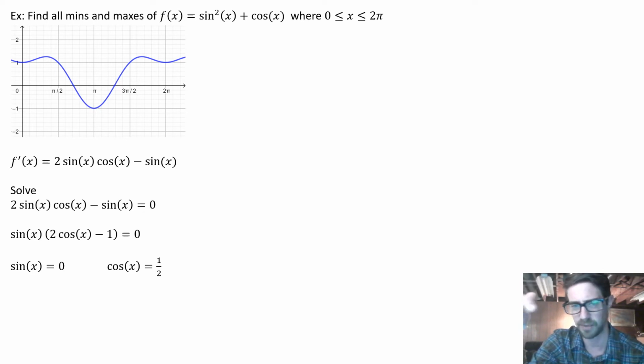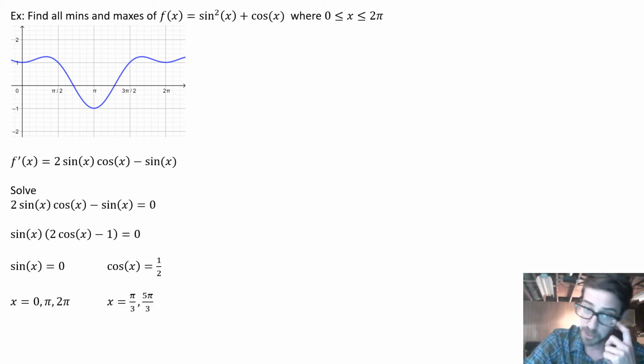Just convince yourself that 2 cosine of x minus 1 equals 0 is the same thing as saying cosine of x equals 1/2. You've done this kind of thing so many times that at this point it should be pretty quick. Okay, so that's what happens when you factor. You have two possibilities and you have to look at them both. So from the first possibility,